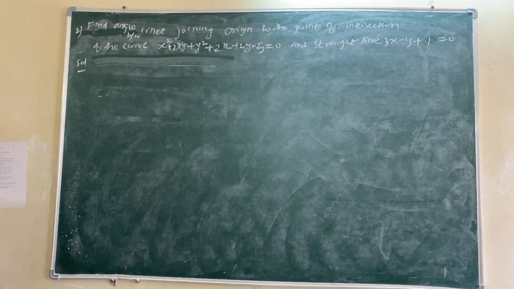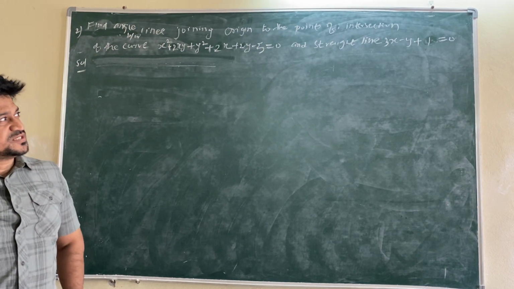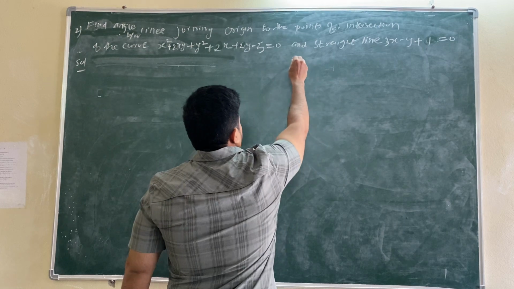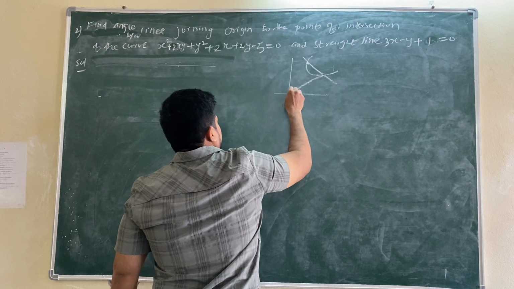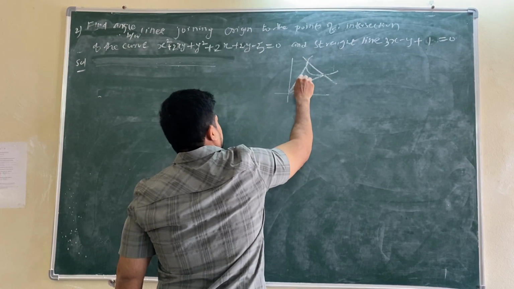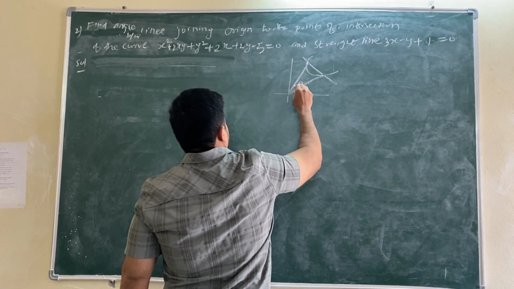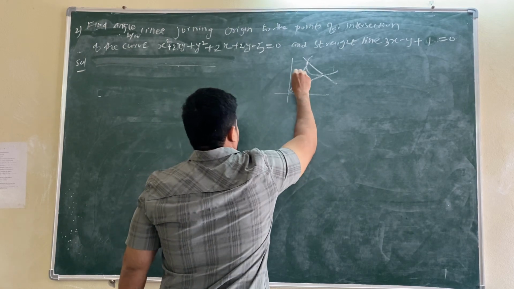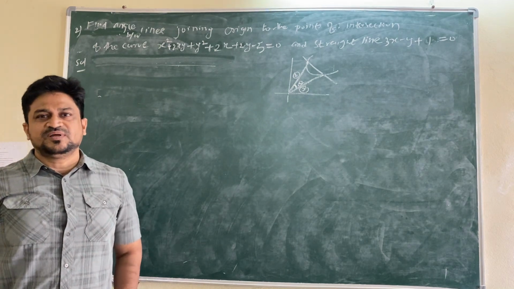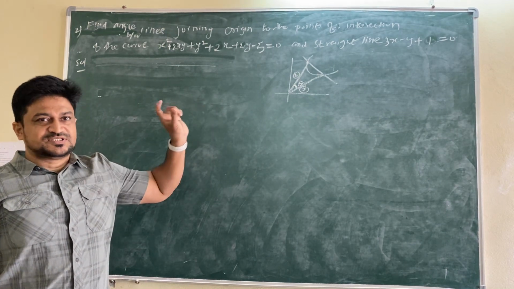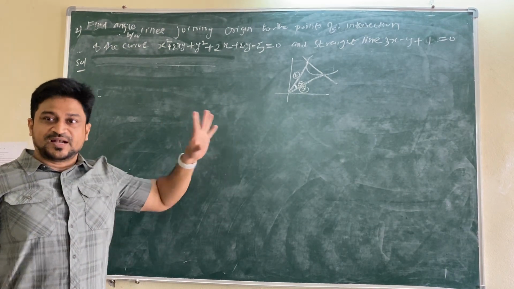What do we have to find in this one? Find the angle between the lines joining the point of intersection of the curve and the straight line. Same thing. We have a curve and a straight line, and the points of intersection are meeting here. We need to find this angle. Previously we were not finding the angle; we were proving that the angle is 90. Here we have to find the angle between line 1 and 2. To get this first and second line, which intersect at origin, we have to homogenize the curve with the straight line to get the lines. Whenever such a thing is there, if a curve and line are meeting at origin, homogenizing is done to get that line's equation.